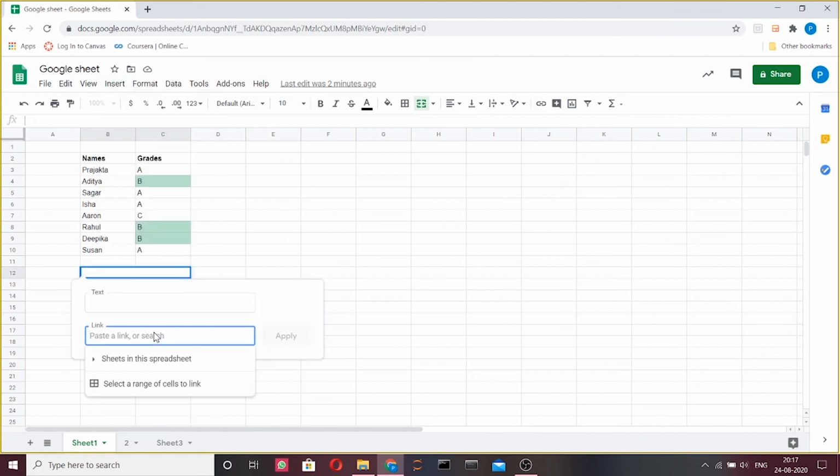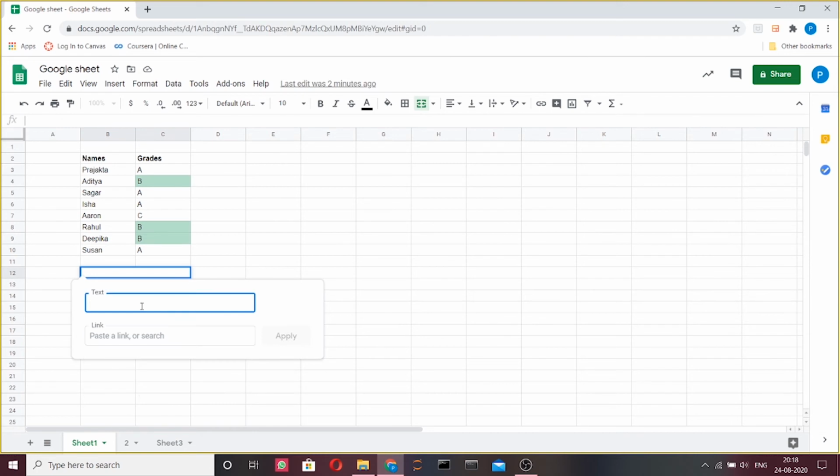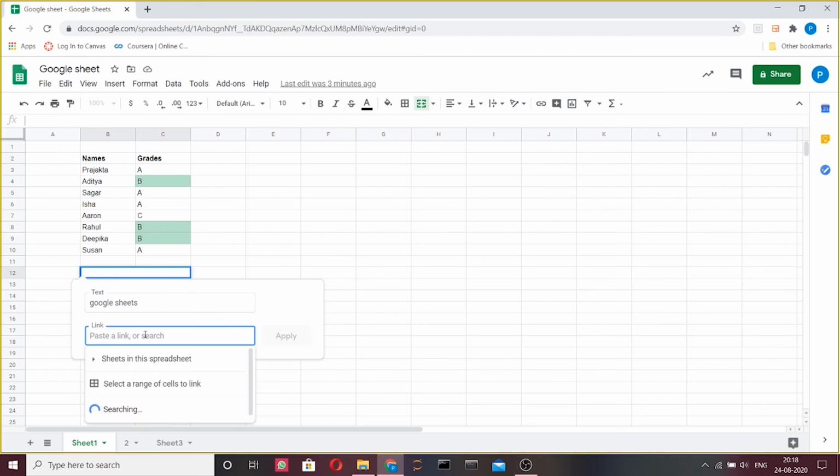In the dialog box which appears, we enter the text we want to appear as the hyperlink and the URL of the desired link. And we simply press apply.